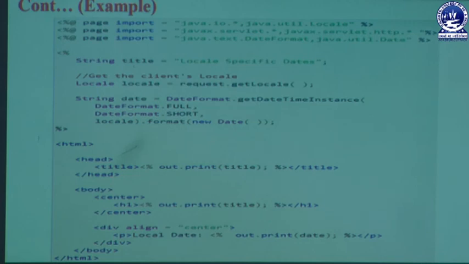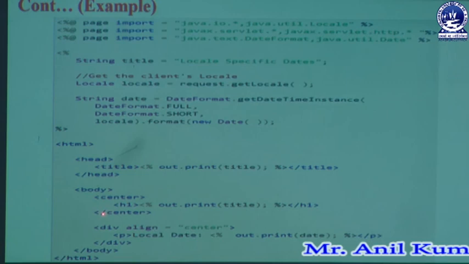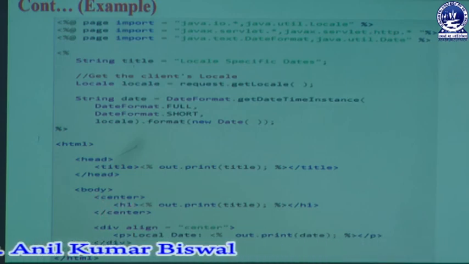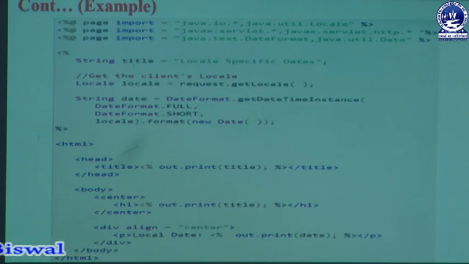Whenever this line is written, the user automatically writes each and every piece of code in a specific sequence. Then the user can start the body section. In the body section, the user must write the center tag. In the center tag, we are going to use a print method to print the title of the specific program. Here we can close the center tag. In that center tag, different types of statements can also be written. The user may write them; there is no problem.